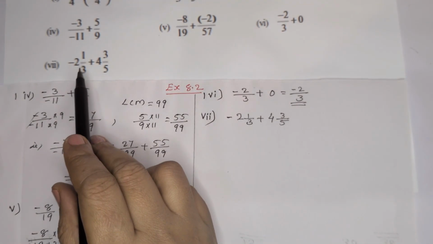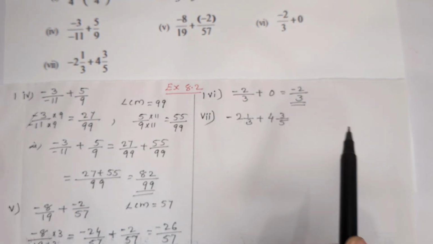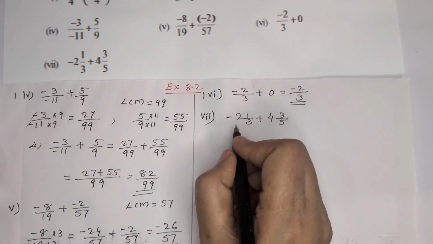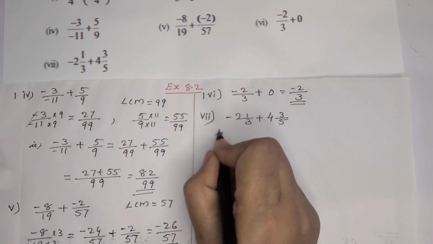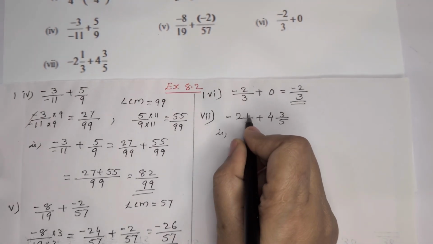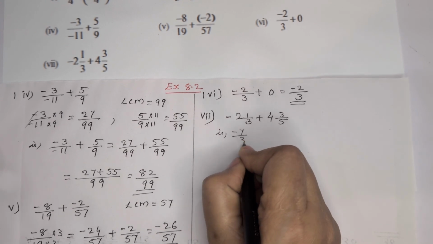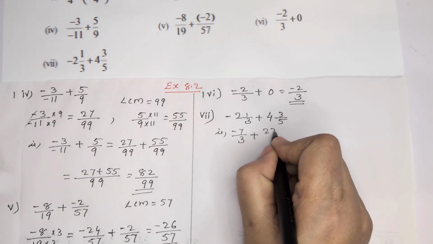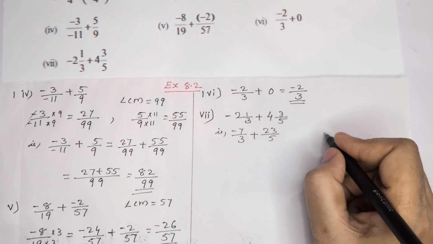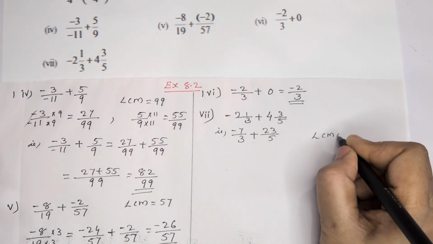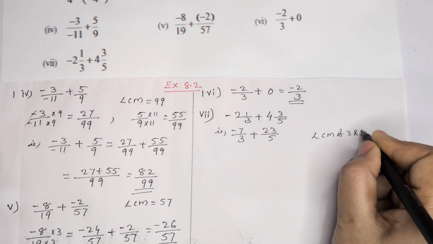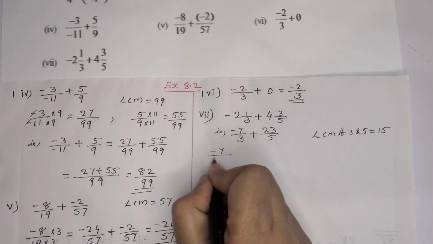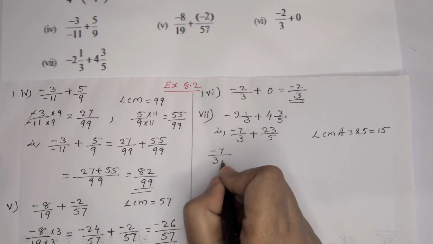Next is minus 2 and 1 by 3 plus 4 and 3 by 5. First we have to convert the mixed fraction to improper. It will come 2 into 3, 6, 6 plus 1, 7, minus 7 by 3 plus 4 into 5, 20, 20 plus 3, 23 by 5. Now the LCM. LCM of 3 and 5 is equal to 15. So the first number minus 7 by 3, that we have to multiply with 5,